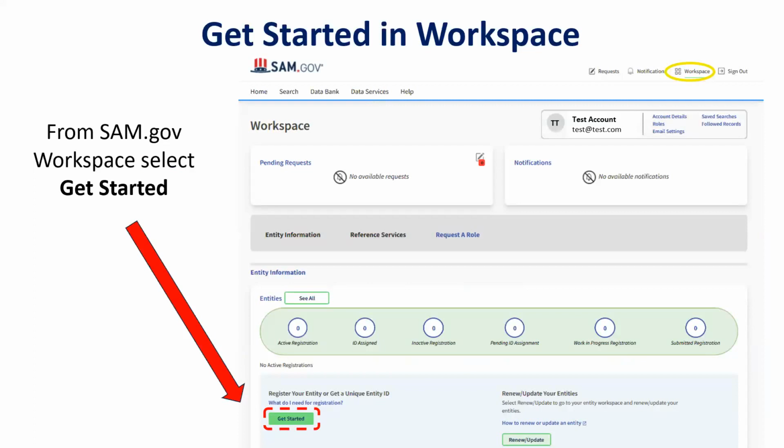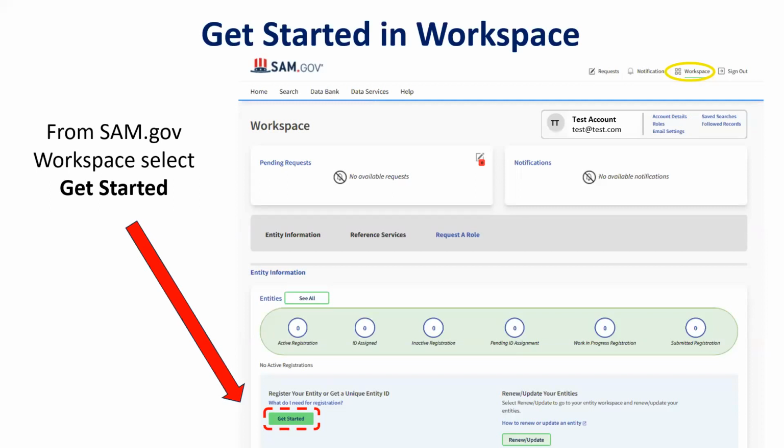They'll then be taken to their workspace window where they will click on the Get Started button noted here on the screen. Please note, we've gone through over 20 screens to date, and now they're just now going to be able to get started to get their UEI. So the support you can provide is very much needed. It requires some patience to take businesses through it, and you'll become more familiar as you work with your clients